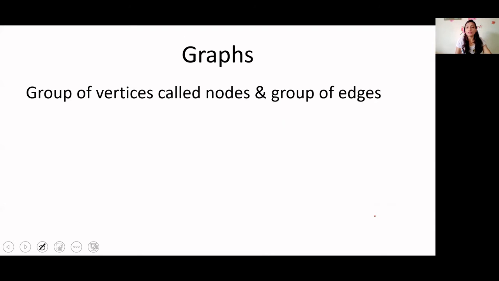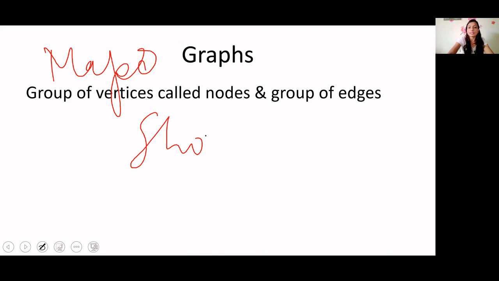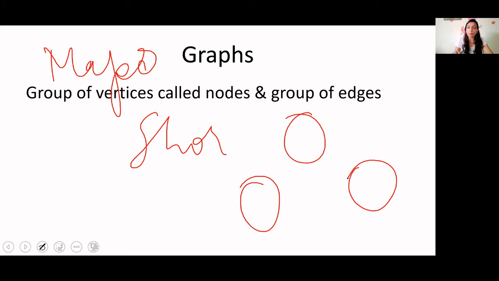Then comes graphs. You saw in the video, right? Where are graphs used? Can anyone tell where graphs are used in real-world applications? They're used in your Google Maps. Why? To find the shortest distance. So how is a graph? In a graph, some nodes will be there, some vertices, or some points.